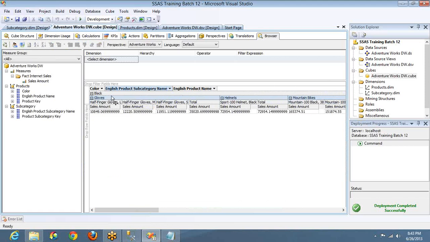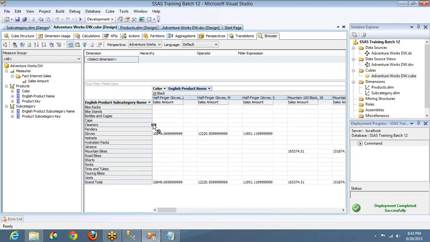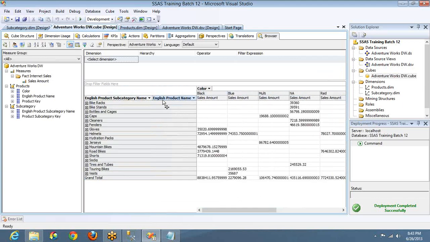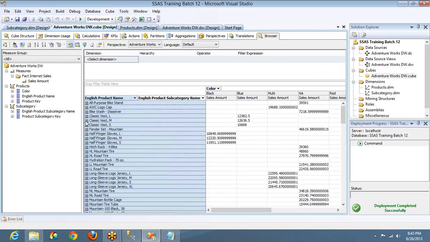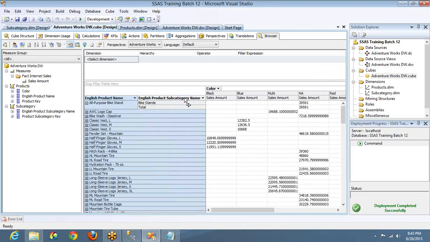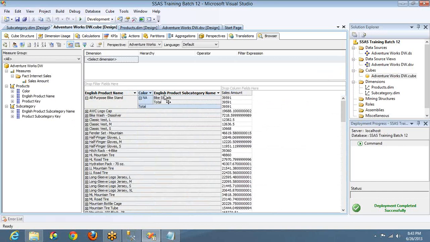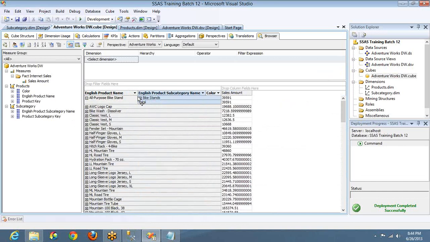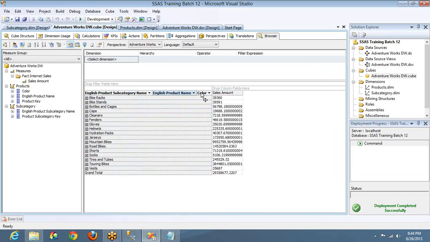However you want to see, whatever data you want to see, you can just play with it. You can drag, drop, you can place. Now here product is first. If I move this product to back, it will show all the products, and under that it will show categories. And if I set the color in the middle, it will give the color here and the categories here. If I drag product to the middle, it will be like this.